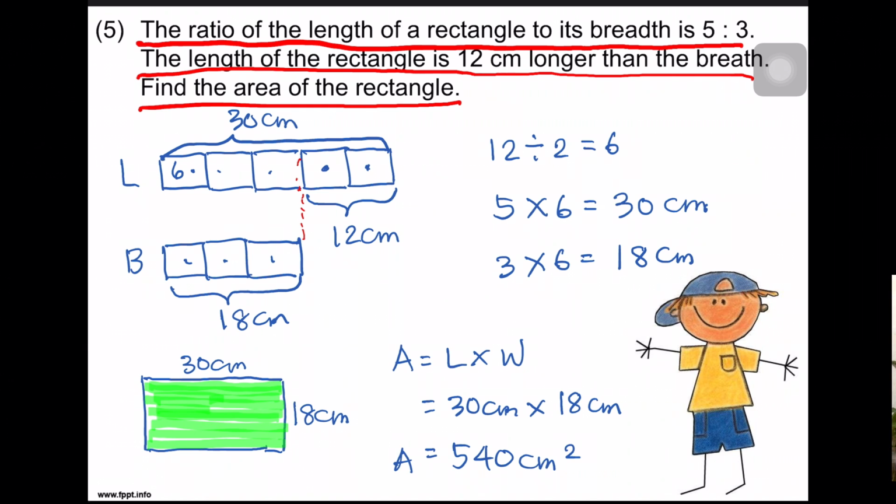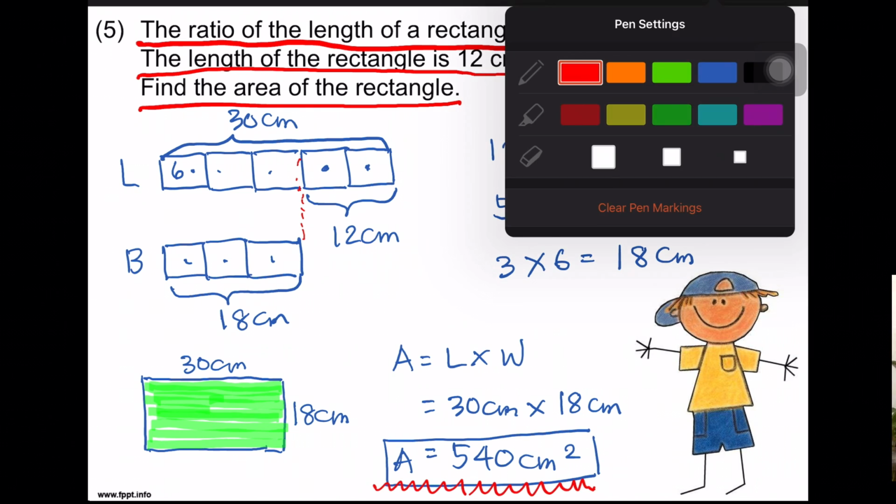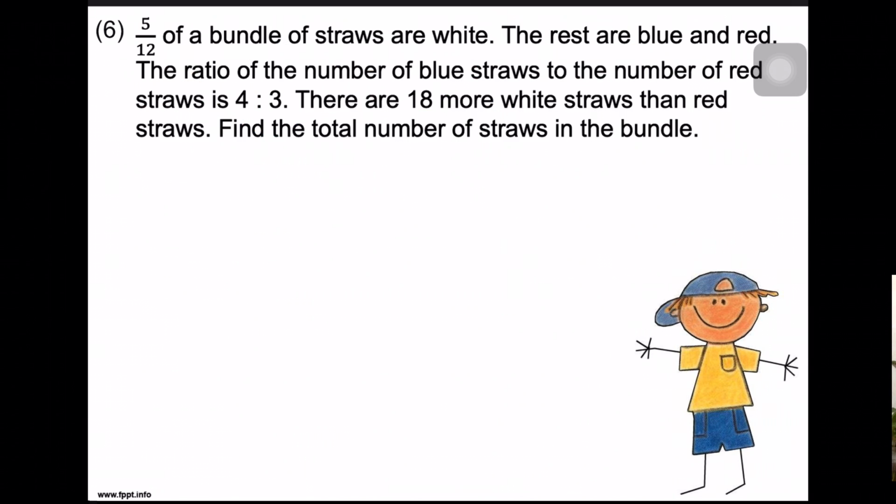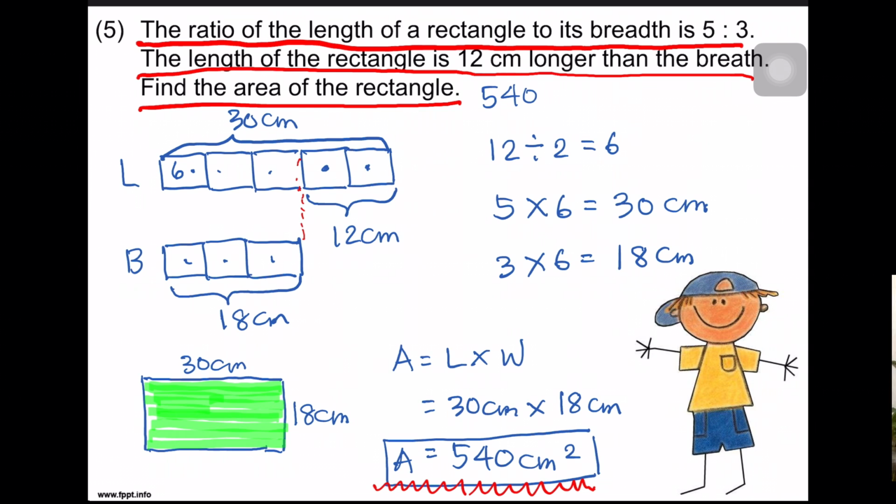So this is now our answer, the area of the rectangle. Our answer here is 540 square centimeters. Now we are done with question number 5, and we are going to proceed to